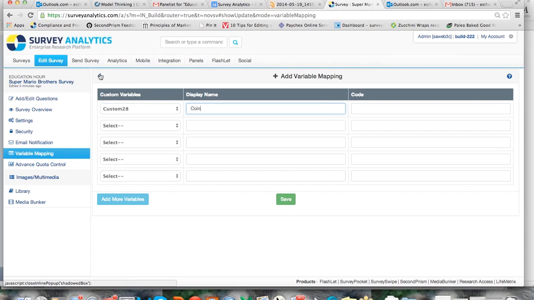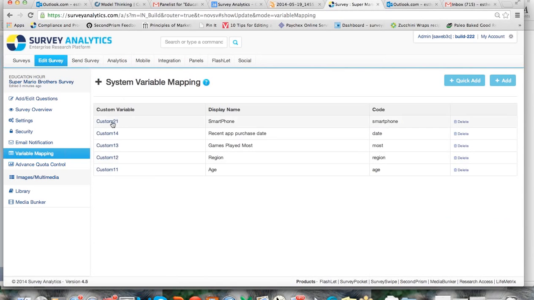And then go ahead and click on Save. And you can see all the variables here. And you can also go ahead and manage the maps and delete if you like. And then if you want to do a quick add